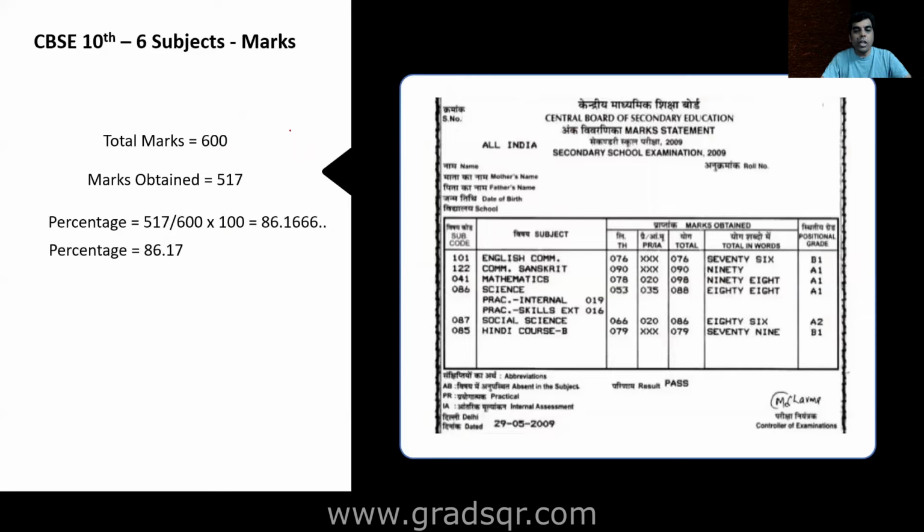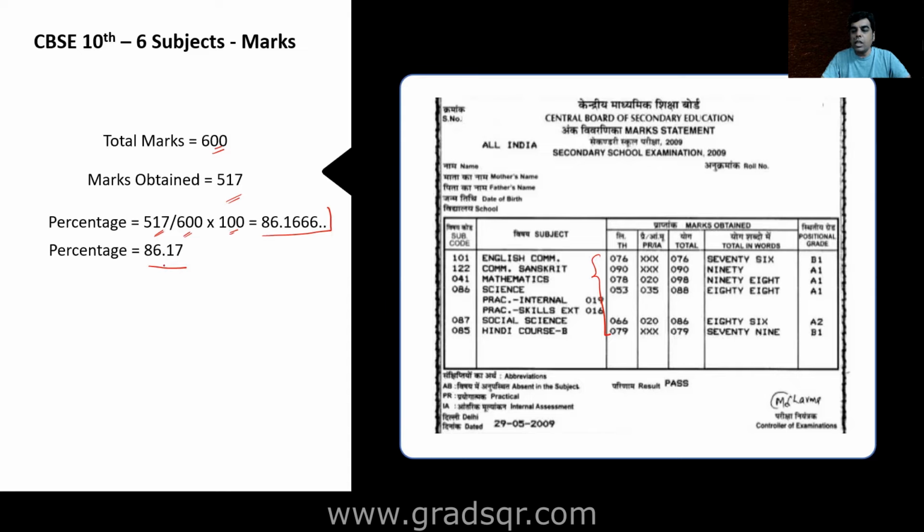Another kind of mark sheet that a lot of people have sent me looks like this. They said only 5 subjects were required, but they had 6 subjects, and because they had 6 subjects, they were asking me whether they can use any of the 5 subjects. No, you cannot, because you have to use all the 6 subjects together. That means your total marks now will become 600 and your marks obtained will be the sum of all these 6 subjects, which in this case will come to 517. Now when you do 517 divided by 600 into 100, you get a number like 86.1666. So you can round it off to 2 decimal places, and make it 86.17.